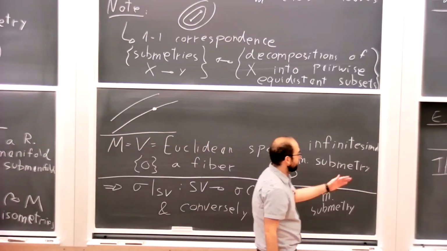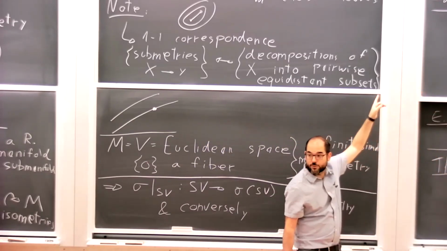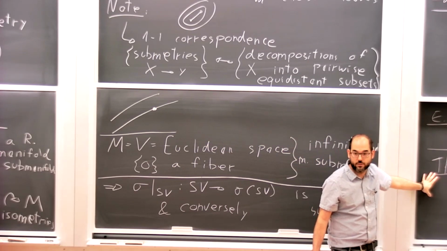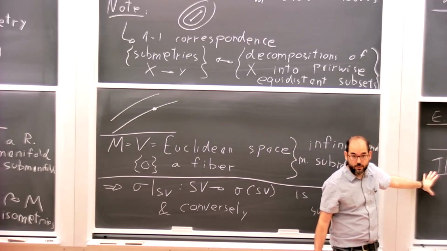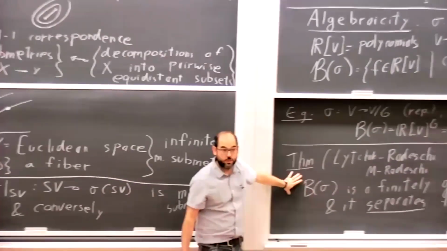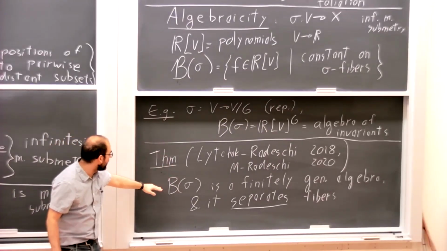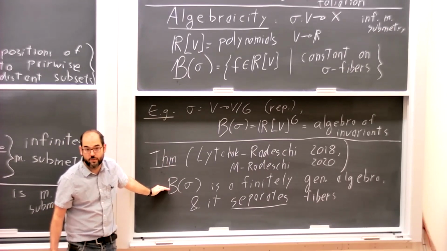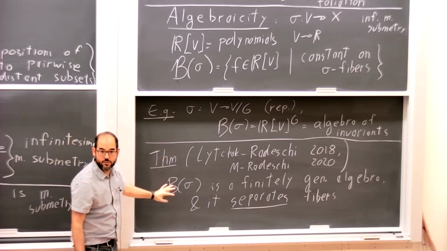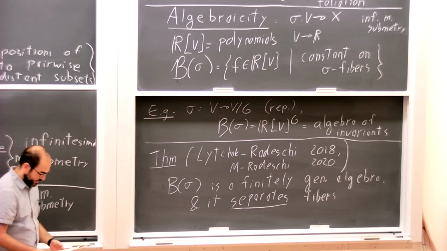So this theorem, I think, is very striking in this case. In these two examples that I wrote over there, orthogonal representations, this reduces to Hilbert's theorem. This is a classic theorem in invariant theory from the late 19th century. And in the case of isoparametric foliations, this was done by Münzner. These Cartan-Münzner polynomials will show up. This algebra is going to be generated by the Cartan-Münzner polynomial of the isoparametric foliation. So in those two cases, this was known before, and they are these classic theorems.